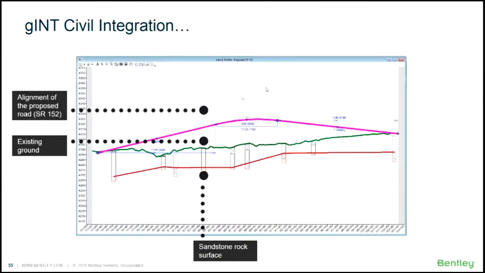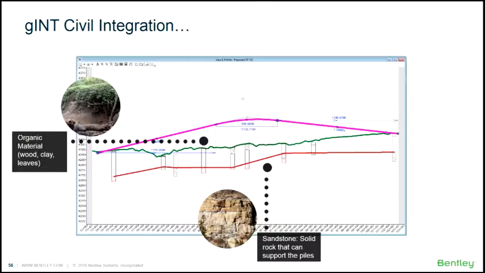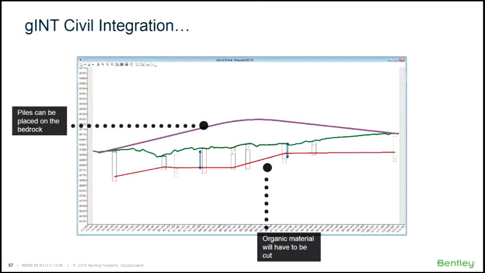within Bentley Civil Tools. So in this case, we've got a proposed alignment. We've got our bare earth. We've got the boreholes, and we've got the sandstone surface shown below. So in this case, I can identify that I've got some organic material here. This is exactly where my bridge piers are going to be going, so I know I'm going to have to probably excavate that. I can see where the sandstone is, so I know what depth the bridge piers are going to have to go at. And so from there, I can calculate my depths. I can calculate the cut and fill that's going to have to take place there